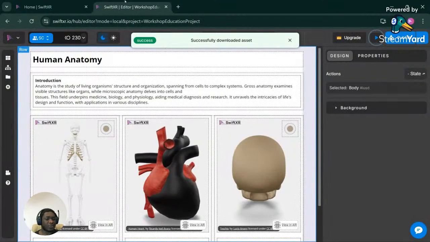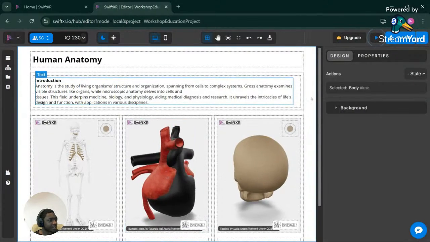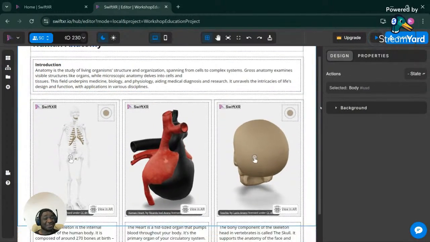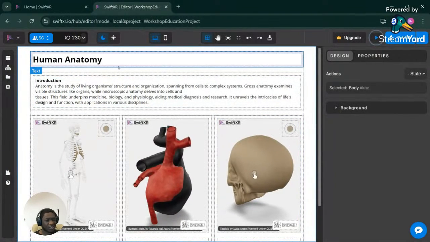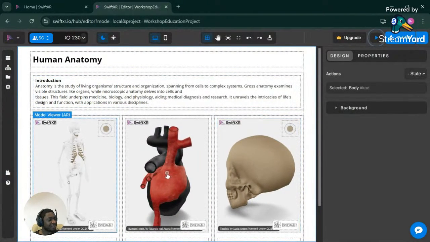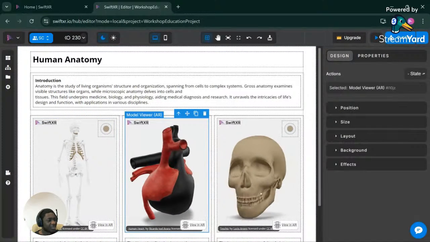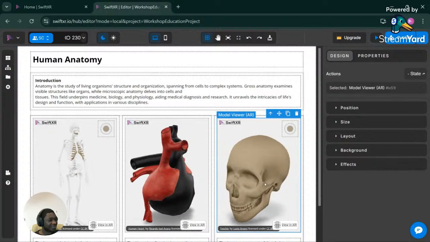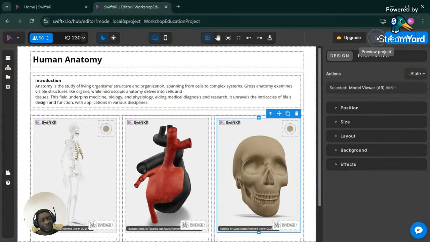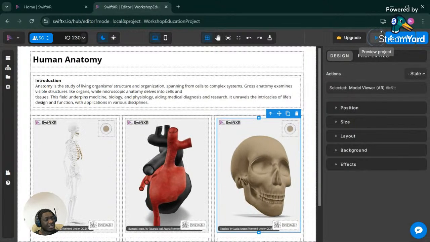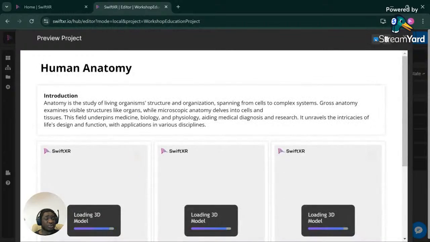All right then. So if we take a good look at this, this is a project that you can publish already. It's already done, but we're going to be creating something like this from scratch. So this talks about the human anatomy, and then you have a skeleton here, human heart here, the cranium here as well. And with this, if you just go over to the preview project button at the top right side of your screen, you can easily see what this project would look like,